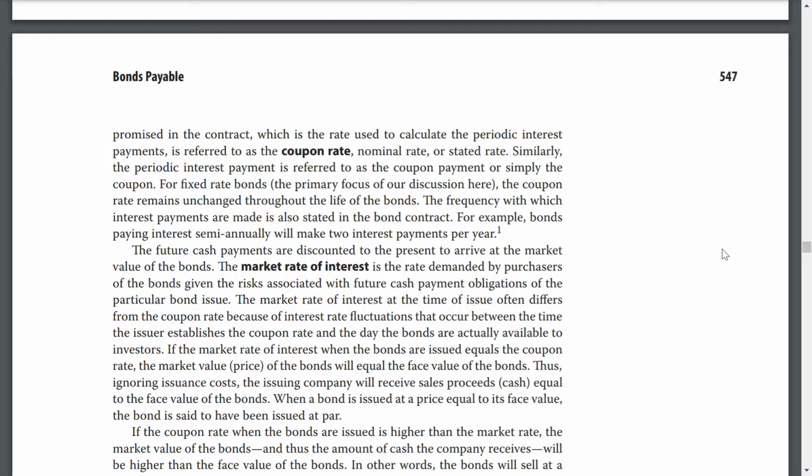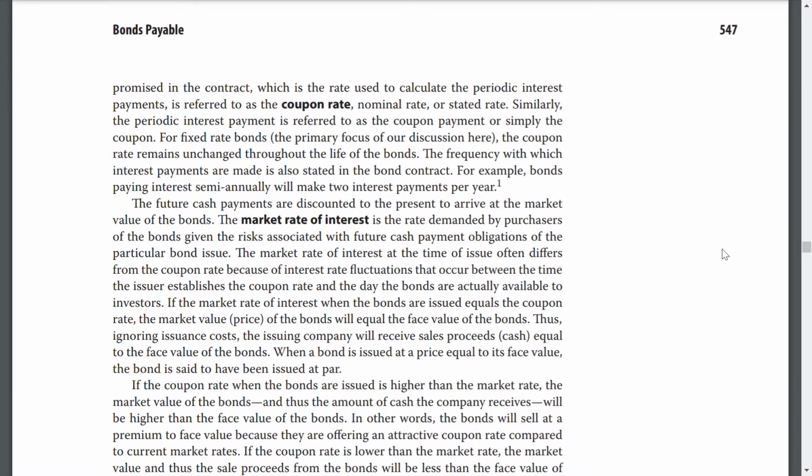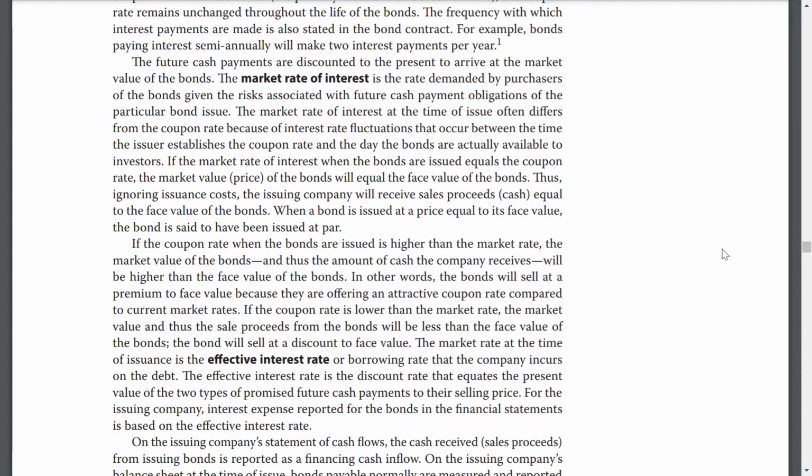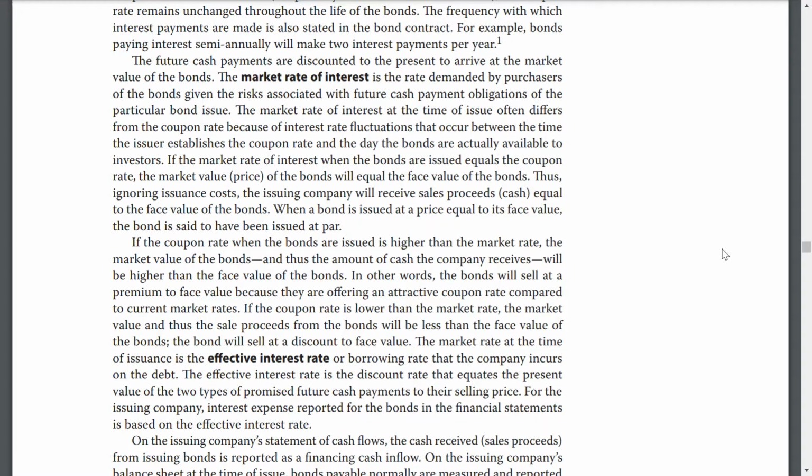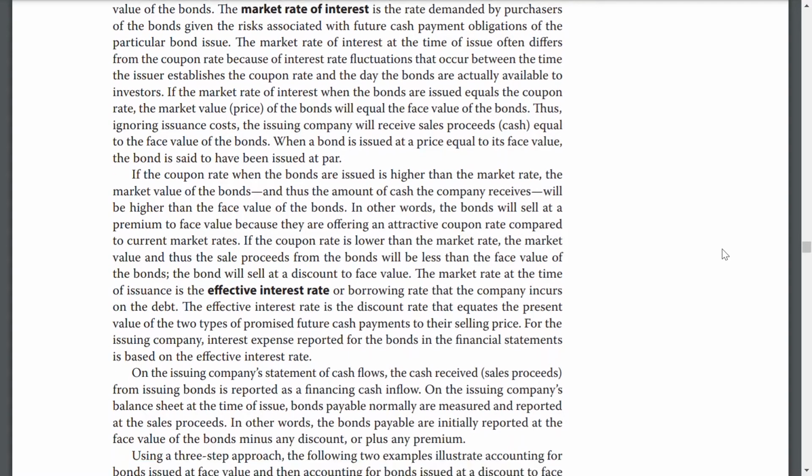The market rate of interest is the rate determined by purchases of the bond given the risk associated with the future cash payment obligations of the particular bond issuance. The market rate of interest at the time of issue often differs from the coupon rate because of interest rate fluctuations that occur between the time the issuer establishes the coupon rate and the day the bonds are actually